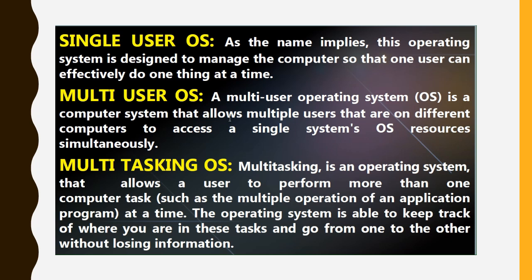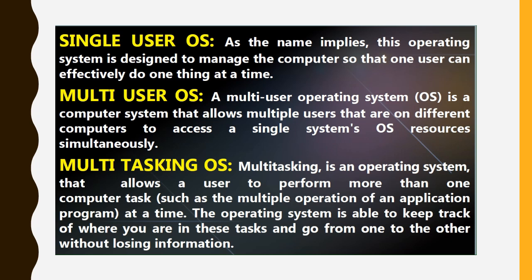I could give an example for this: N computing. In N computing, what happens? There is one operating system, but at a time that one operating system can be used by 5 users. That is known as a multi-user operating system. And multitask means what? Multiple tasks like Word, Excel, PowerPoint, even games. We can run 5 to 6 tasks at a time in one computer system. This is the basic difference between these two. Every time the students get confused between these two terms, multi-user and multitasking. So don't confuse between these two terms.